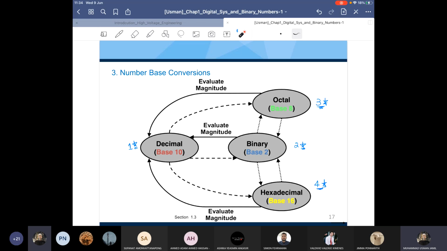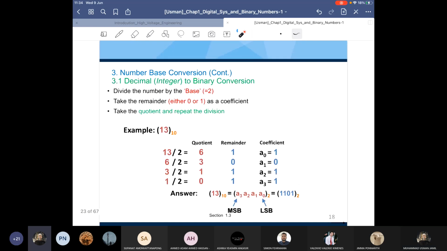Second, from binary we can convert to decimal, octal, or hexadecimal. Same from octal, we can go to decimal, binary, or hexadecimal. So from one base, we can go to 3 different bases. So now we have to do the conversion. So now first thing is, now we have